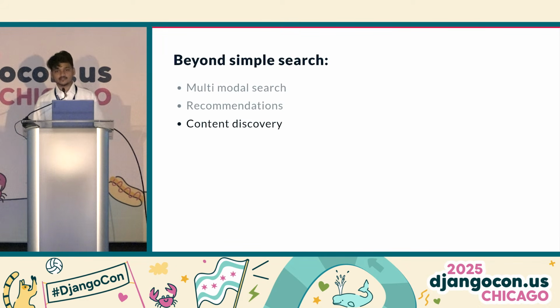Then you can do content discovery, which is a new frontier. So what you can do is explore the vector space, and this is impossible to do with text search. With vector space, you can say, I have a point here, and I like this, and I like this, and with this you can just traverse through the space and build very new engaging experiences